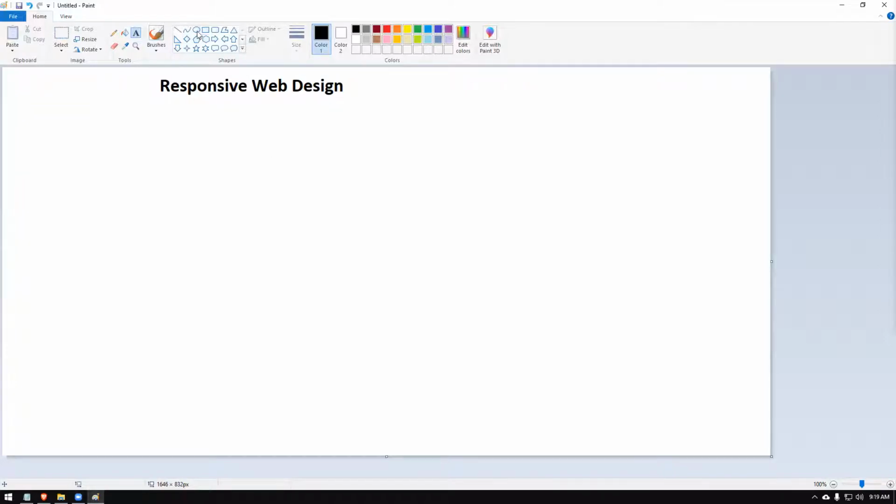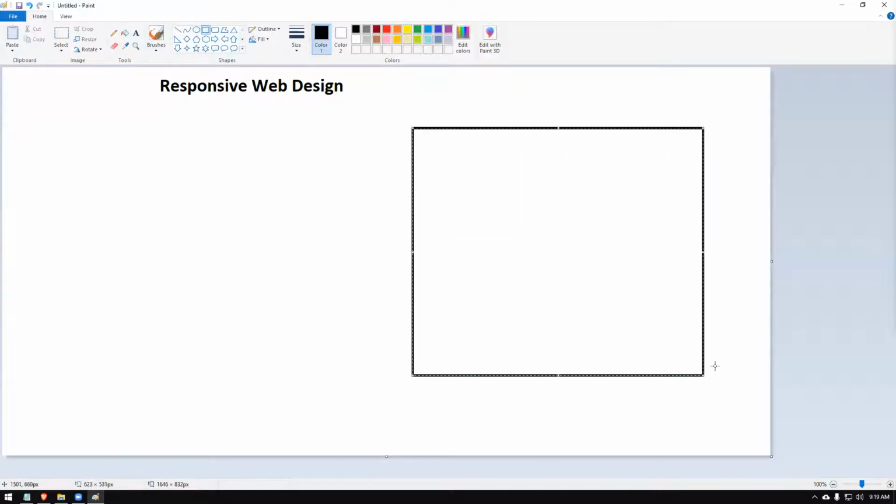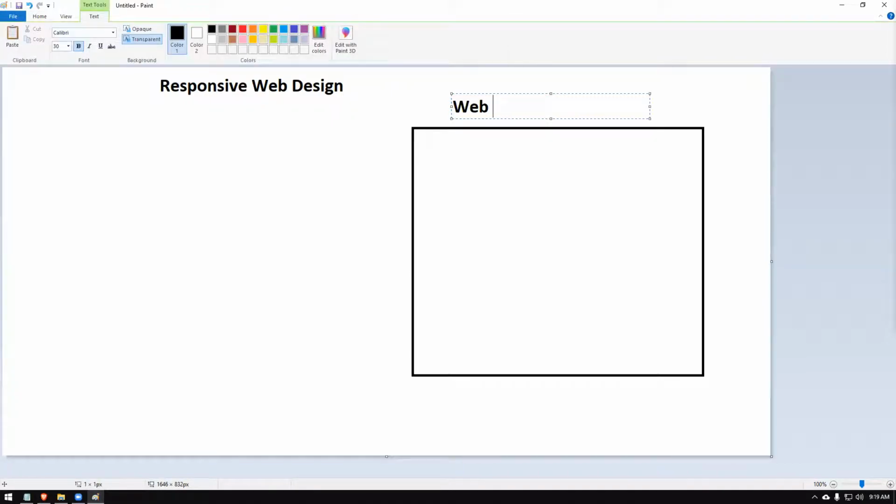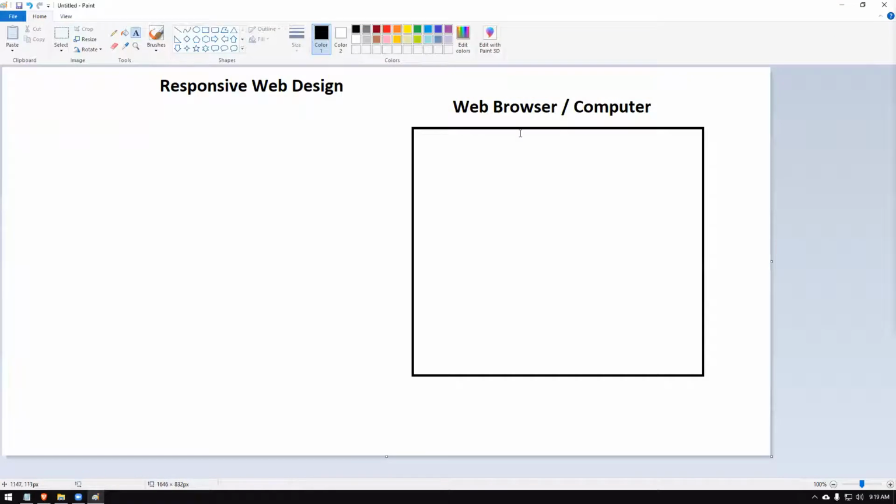Now, first of all, a website was usually viewed in a web browser. Usually web browsers were available in computers. Nowadays, of course, you are browsing on phones, we will come to that point, but usually the internet was accessed through computers.